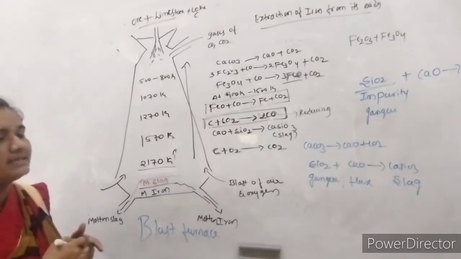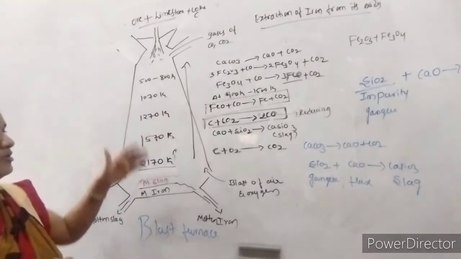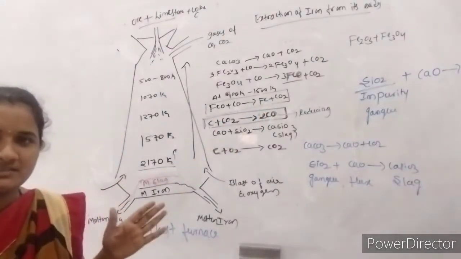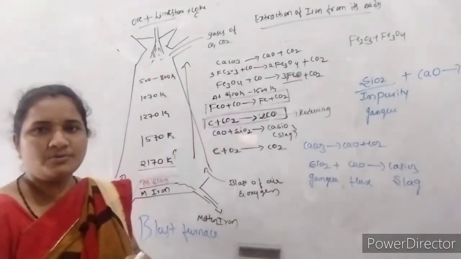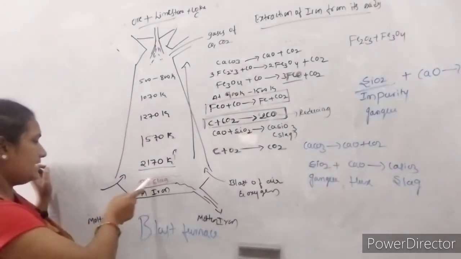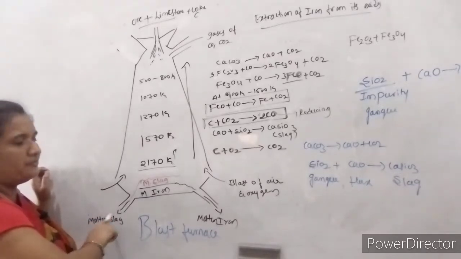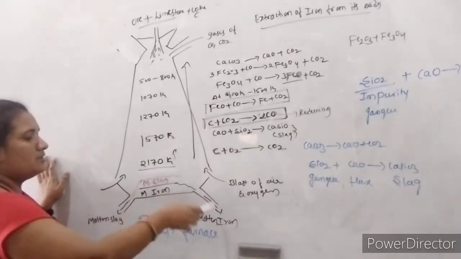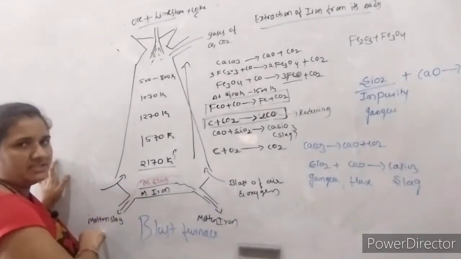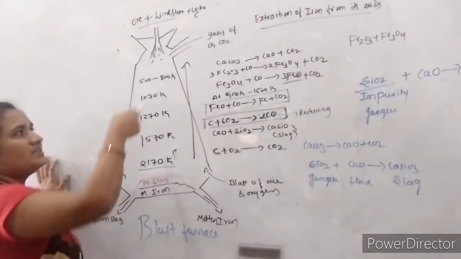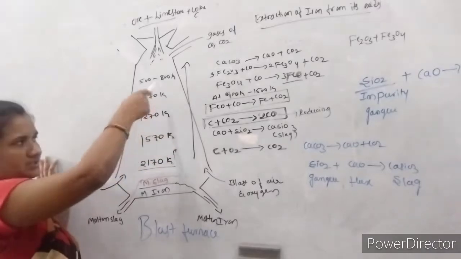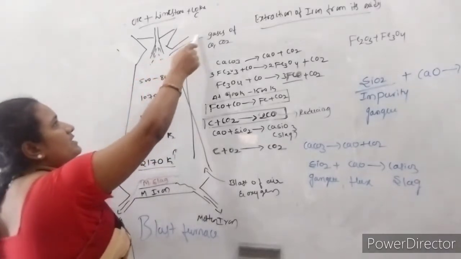This slag is separated from the molten iron which is produced in this step. The slag is produced as well as the iron is also produced. This molten iron will be collected at this end and slag will be collected at this end. In this way we get the iron at one end and slag, the waste material, at the other end. Again, the remaining carbon dioxide, carbon monoxide, whatever gases are present in the furnace, are exhausted at the outlet.